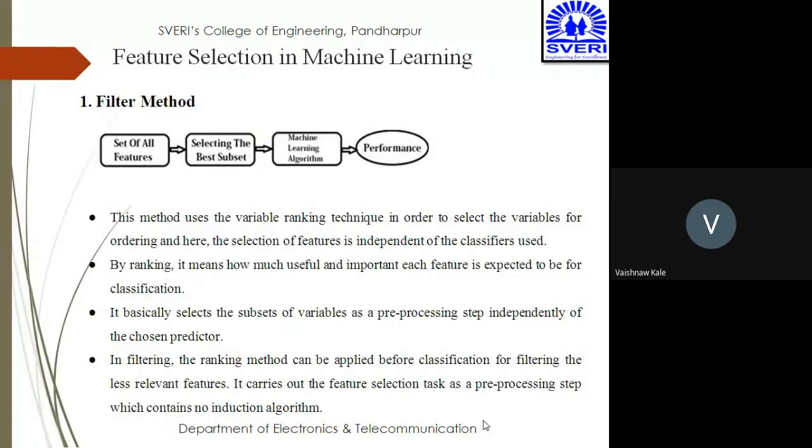So filter method के लिए जो ब्लॉक डायग्राम है वो आपके सामने है। सेट ऑफ ऑल फीचर्स, सो जितने भी फीचर्स आपने एक्सट्रैक्ट किए, कंस्ट्रक्ट किए हैं, है ना, जो भी फीचर्स अभी आपने निकाले हैं, पहले तो आपने एक्सट्रैक्ट किया, फिर कंस्ट्रक्ट किया, फिर आपने उसको फीचर ट्रांसफॉर्म किया। अब आपके पास काफी फीचर्स है जो अभी मशीन के लिए रेडी है, मशीन को देने के लिए रेडी है। सो दीज फीचर्स विल बी गिवन टू सेलेक्टिंग द बेस्ट सबसेट।